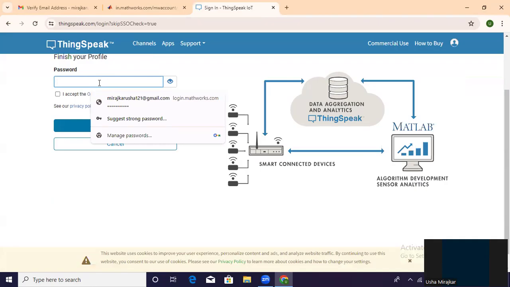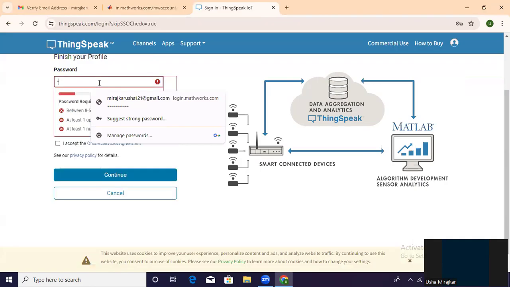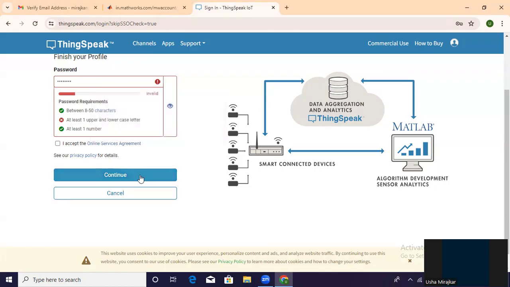Now give the password for the ThingSpeak cloud here. Continue.